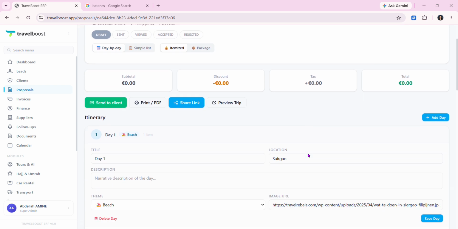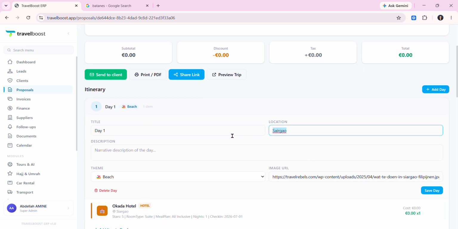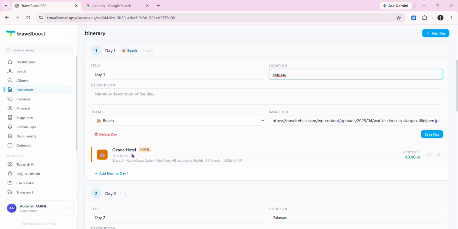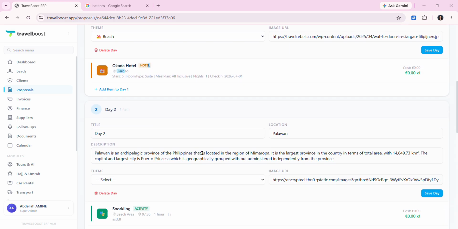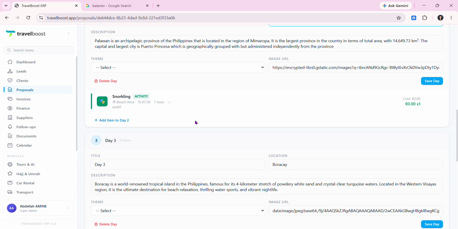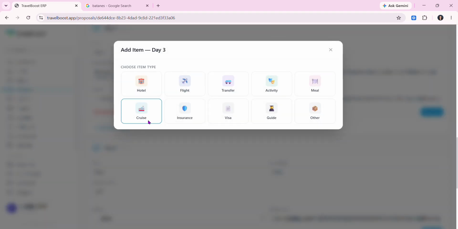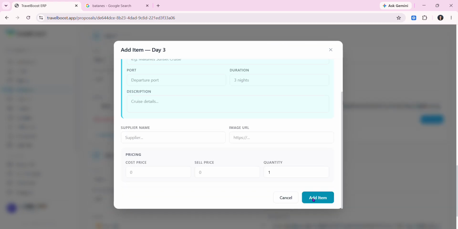And then let's have a recap. So day 1 we have Siargao, and for day 1 the Okada Hotel item. Day 2 we have Palawan, snorkeling. Day 3 we have Boracay. Maybe add item for this, cruise.